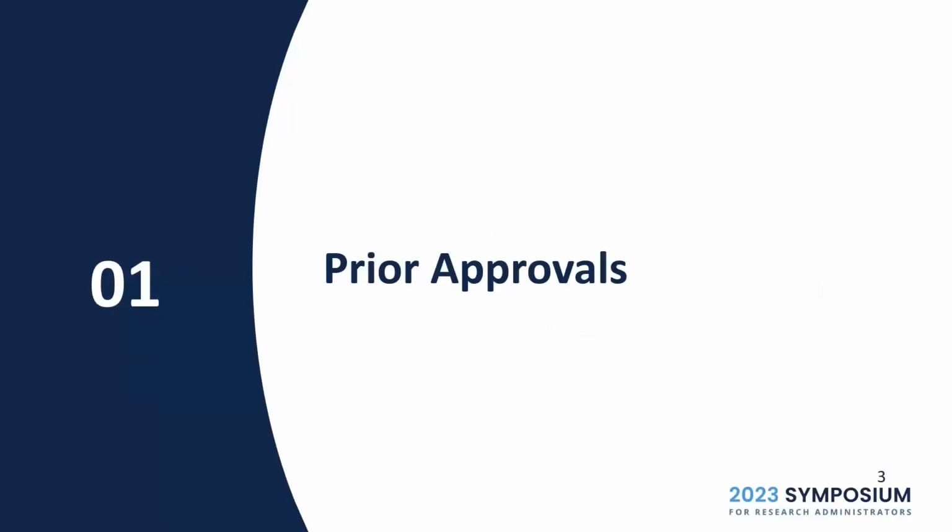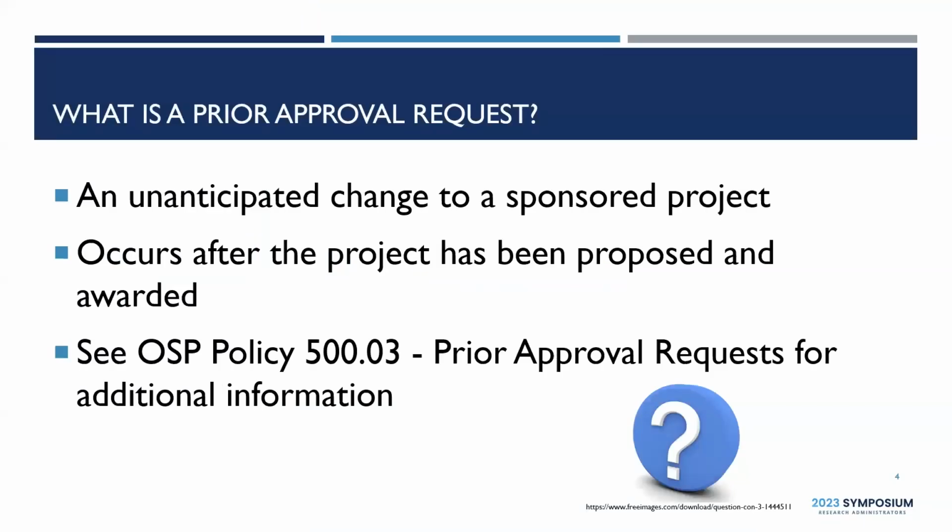Awesome. So we're going to get started with the PAR forms, prior approval request form. You can find this on the OSP website. So this will just give kind of an overview about how to request that. So what is a prior approval request? It's an unanticipated change to a project. So this will happen after the project has been awarded and set up. We also have that policy on there, so you can kind of look more in depth about what exactly is